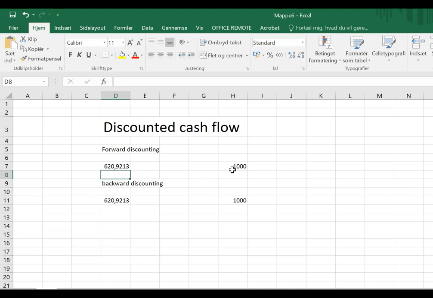So discounting backwards, forwards, you multiply with the number of periods when you go forward, and you divide the number of periods when you go backwards. And now we are able to compare the value of amounts paid over different